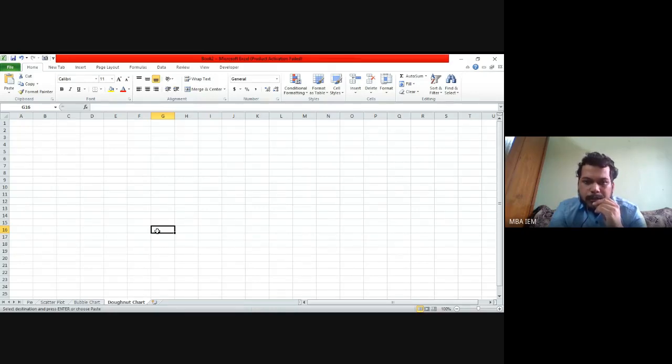So a donut chart tends to show the progress of something. It is similar to a pie chart, the difference being that a pie chart is a solid circular chart, whereas a donut chart has a hollow in between. It looks similar to a donut, the donut food that we have, and based on the shape of the chart, it is called a donut chart, or progress chart. Is it clear in which scenarios we use a donut chart?